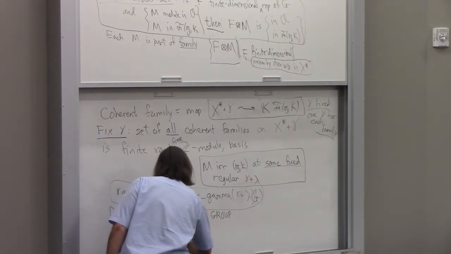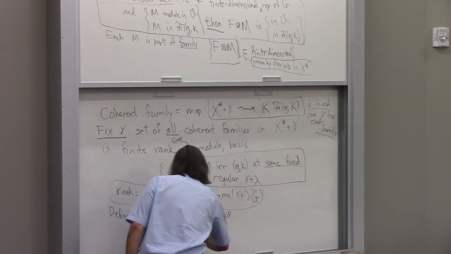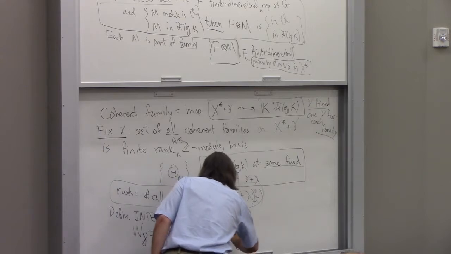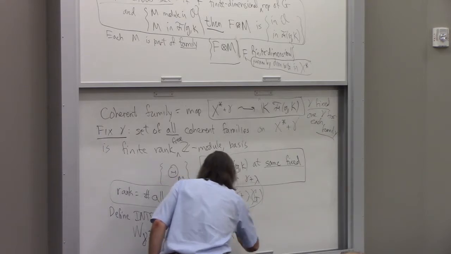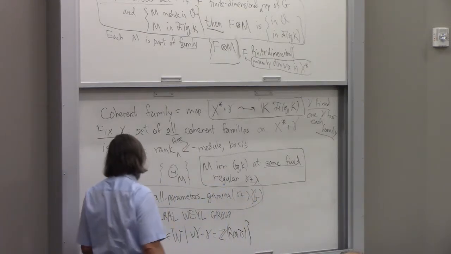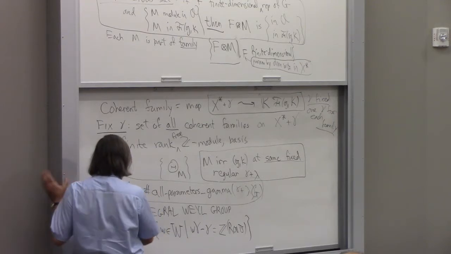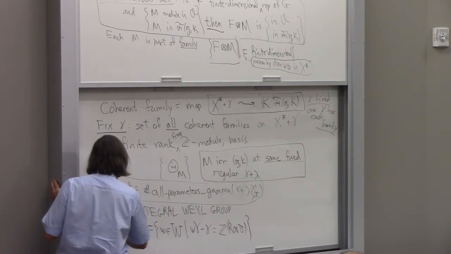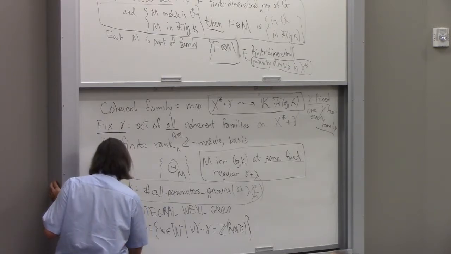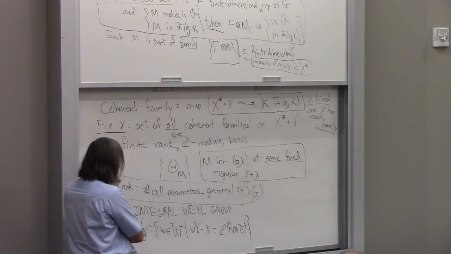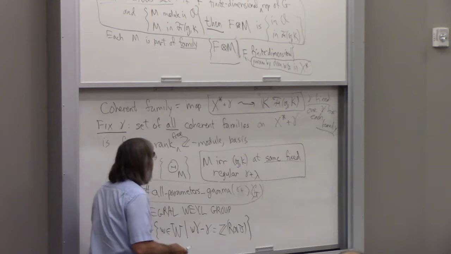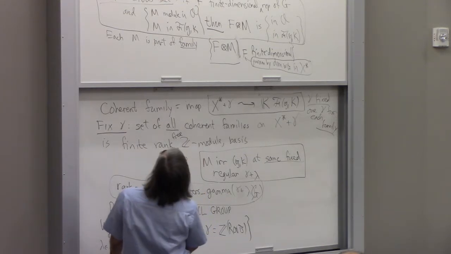It's the set of W in W such that W gamma minus gamma is in the root lattice. This is equal to W gamma plus lambda for lambda in x upper star. What I want to say is